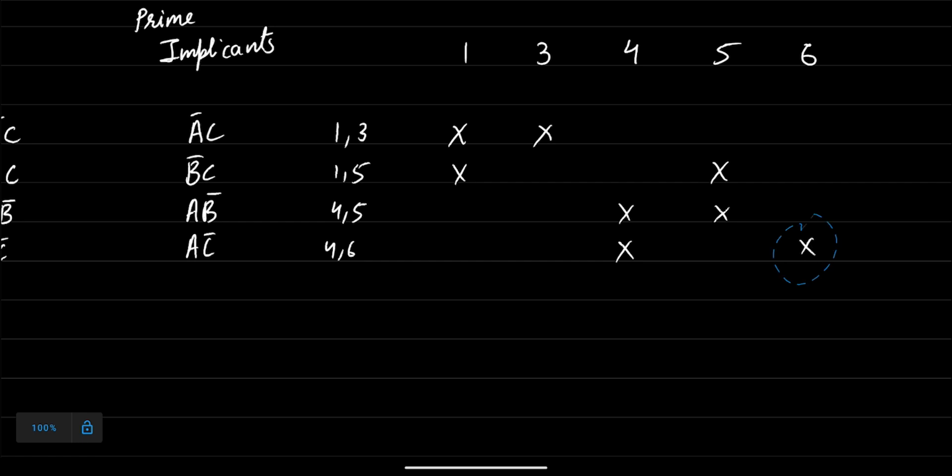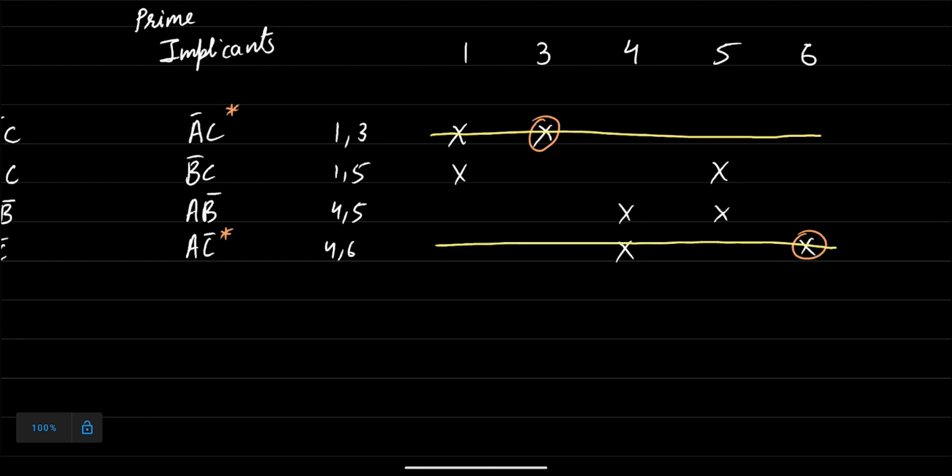Similarly, this cross is alone in its column, so AC bar would be a prime implicant. So we mark these with an asterisk, and we also circle the crosses that have been chosen. Now, the next step would be to mark all the minterms covered as a consequence of selecting these prime implicants. So we dash out the entire prime implicants and circle the crosses that have been covered as a consequence of